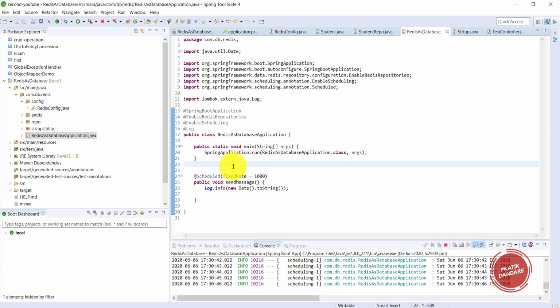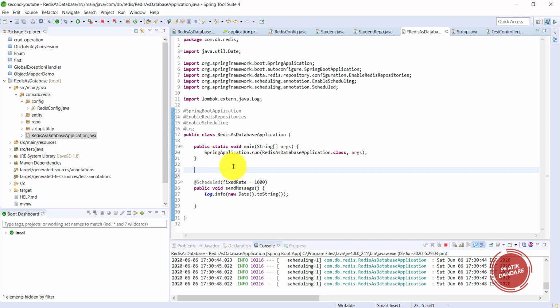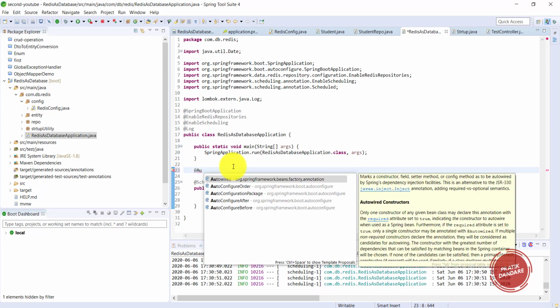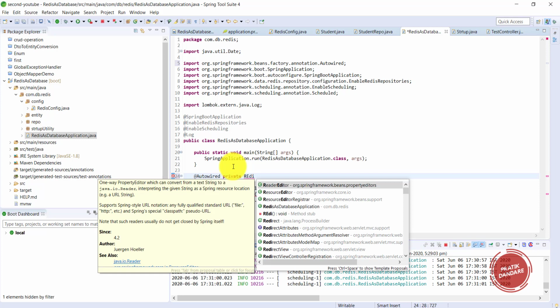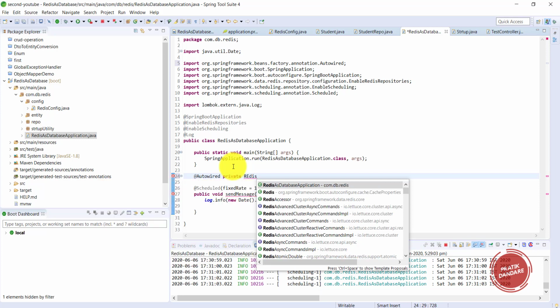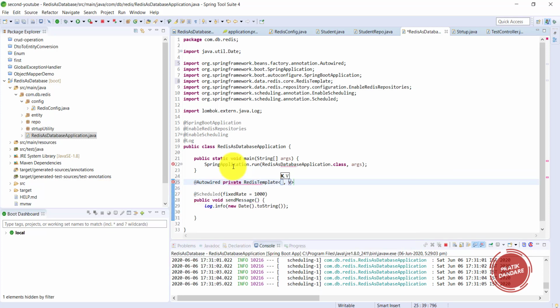For that purpose I am using RedisTemplate, and I am going to autowire it. Private RedisTemplate, it's nothing but key value there.